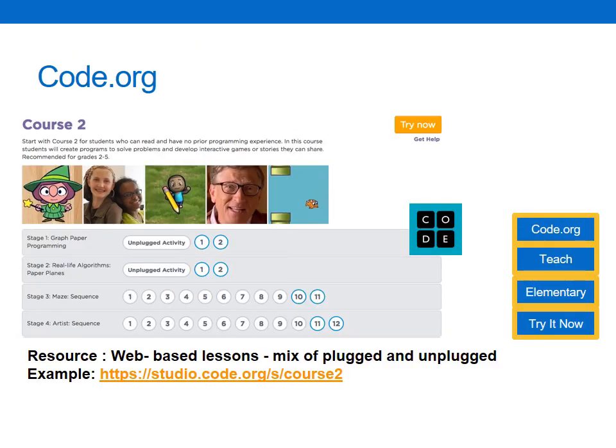Code.org is a really great resource. If you go to the website code.org, there's a whole range of plugged and unplugged resources for all ages. I'd certainly start having a look at the Hour of Code. These are short activities around a theme. So if you go to code.org and search for Hour of Code, you can find really great ideas that tie into